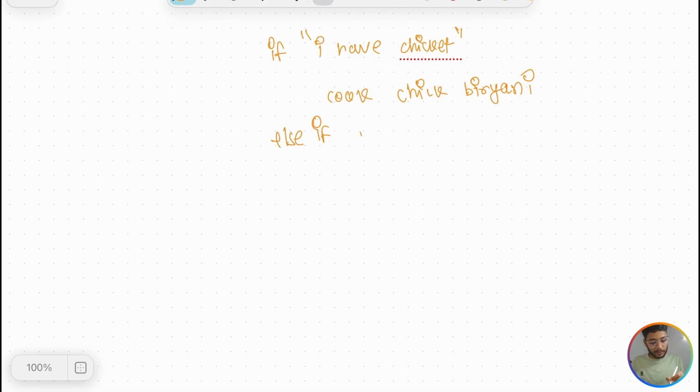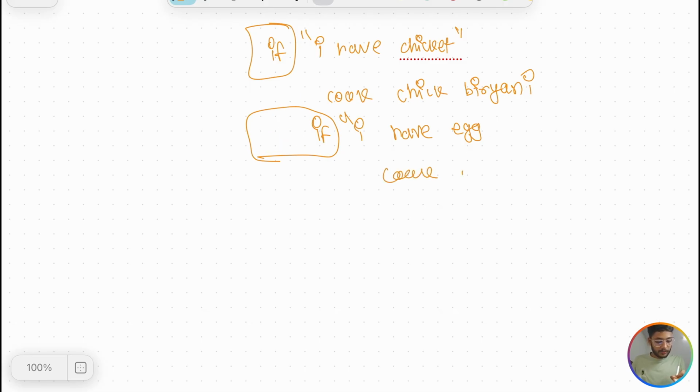If I have egg, let's take another example. If I have egg, cook egg biryani. Else, if this is not the case, so you have three things.